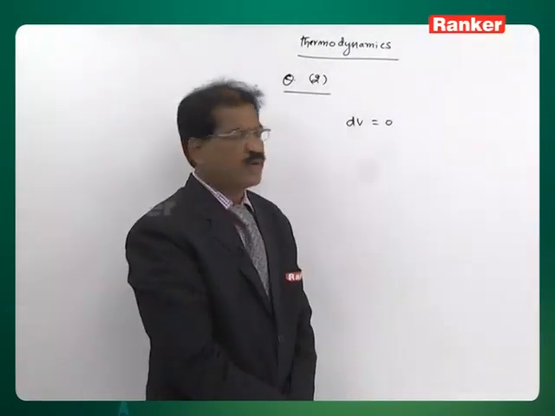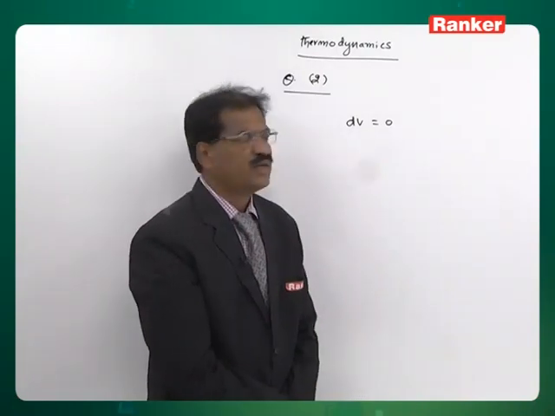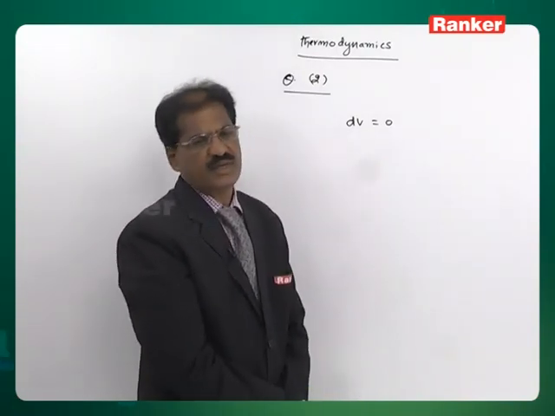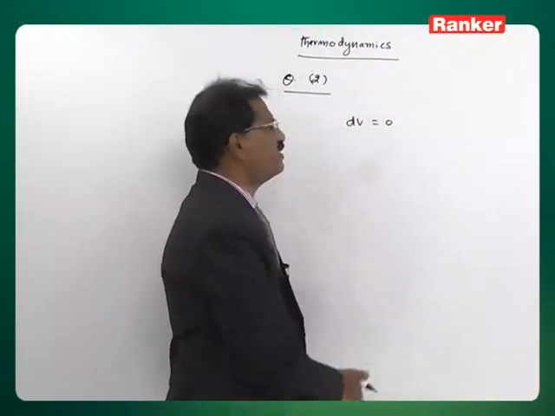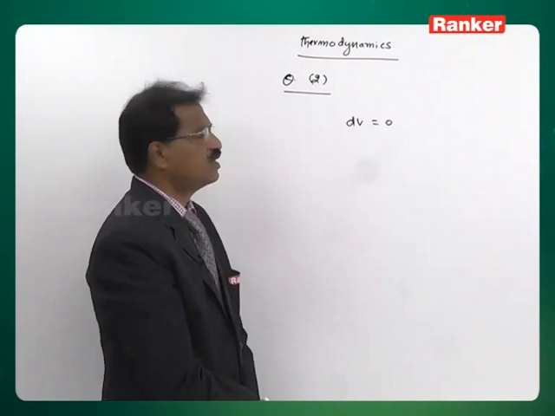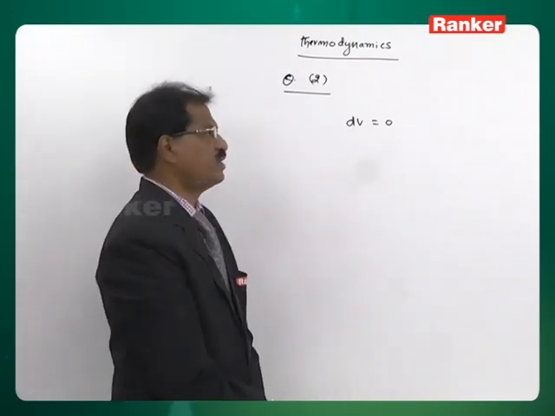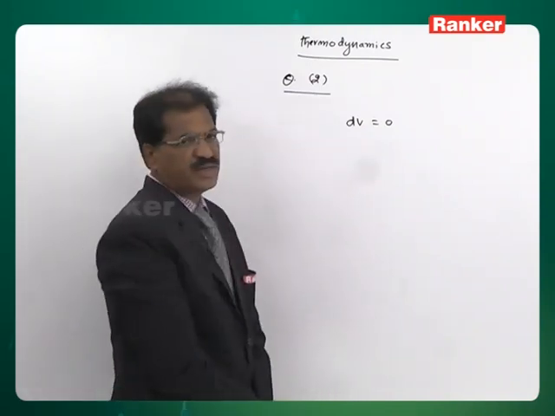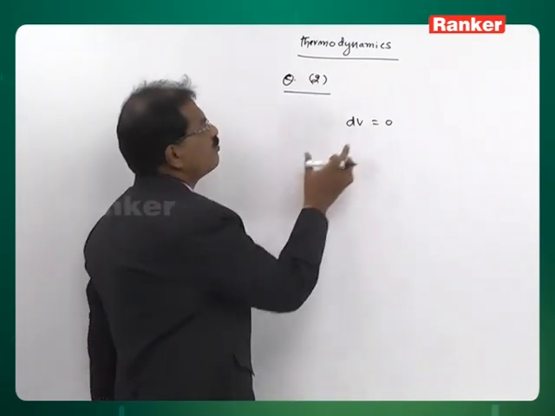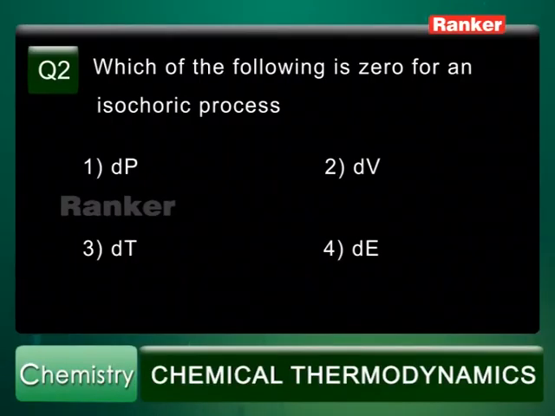Next, during the isochoric process, if we supply heat energy, because of maintenance of the constant volume, definitely pressure changes will take place. Hence, option 1 is wrong. When we supply the heat energy, because of constant volume, the pressure will increase, therefore temperature also will increase. Therefore, option 3 is also wrong. Next, at constant volume, energy changes can happen. Therefore, in the fourth option, they have given that internal energy change is 0, which is wrong. Therefore, the first, third and fourth options are wrong, and the answer is definitely 2.